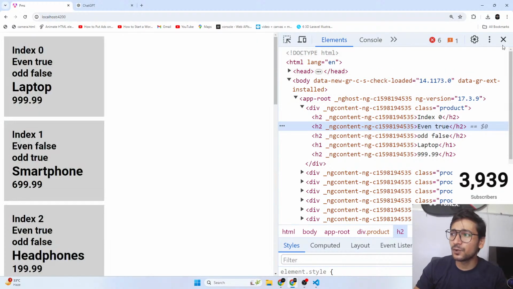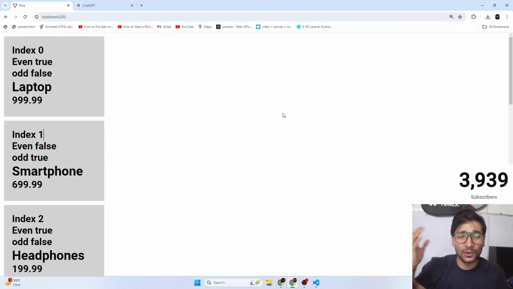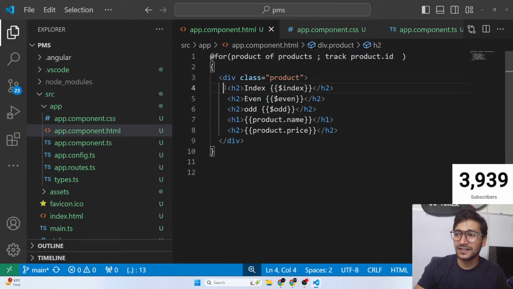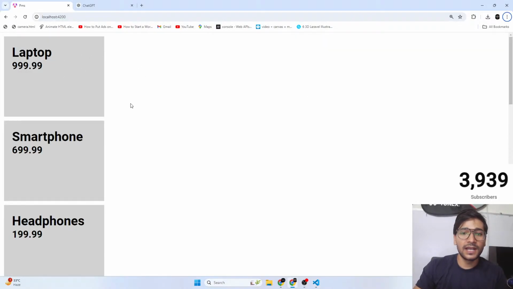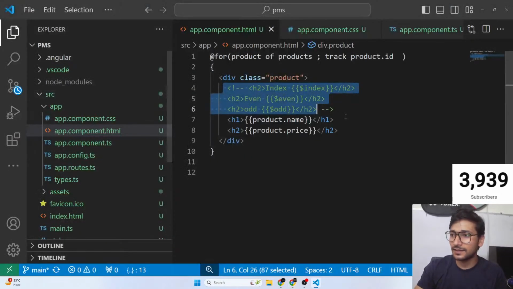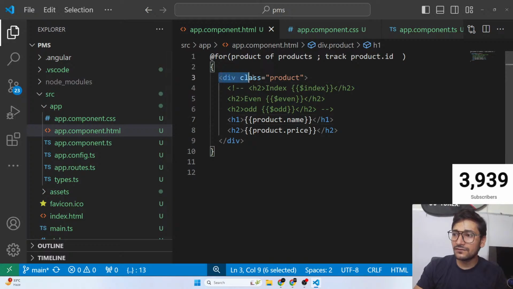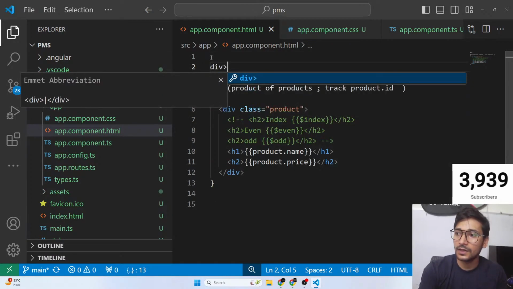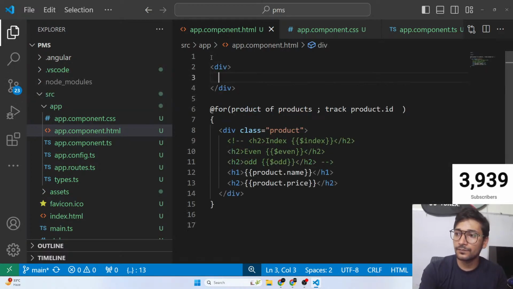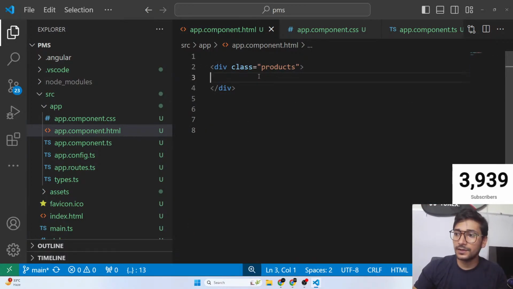And now you can make it look much better using CSS, guys. First of all, these three things I don't want to display at all. Just keep them here in the comments. Okay. Now then, guys, let's try to make it a little better. Just a little better. So let's try to style it a little bit. So guys, we have a div class product. Let's add one parent to the whole for. So div class, let's give it something called products, something like that. Now let's put it in here.